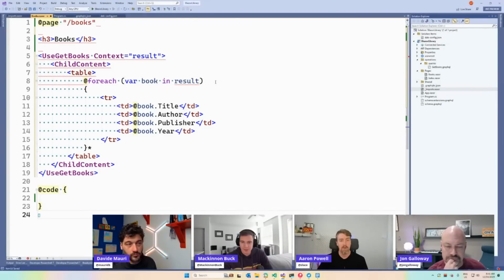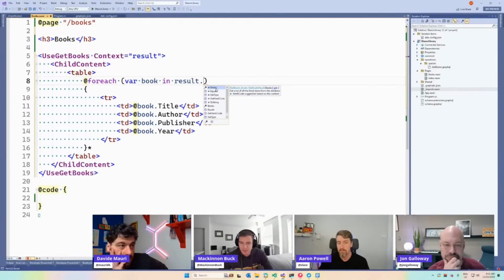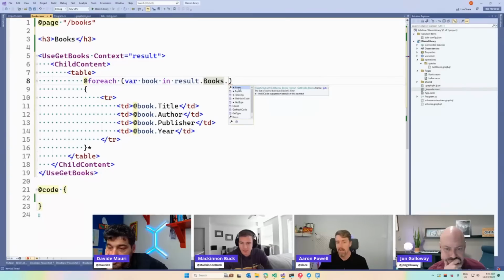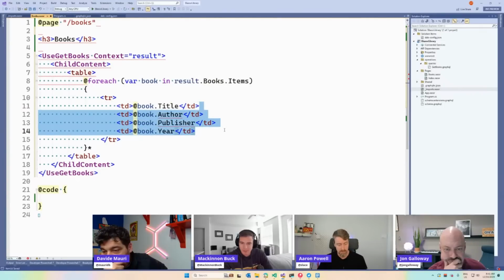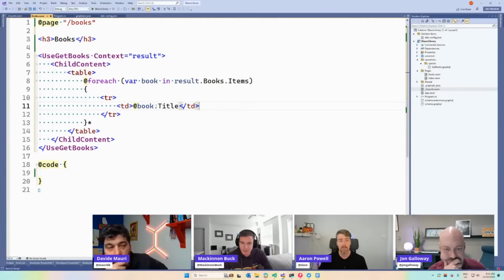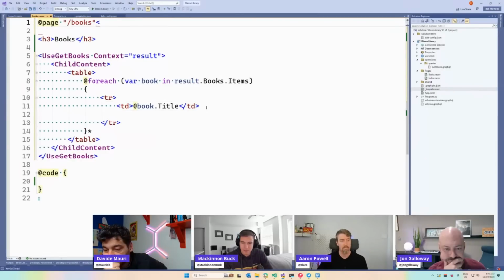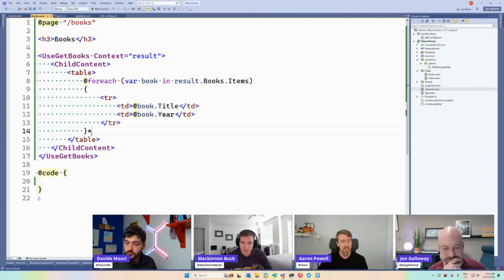Okay, and what do we get when we are on our results object? Results is going to come back with some books, and then books is going to have items. And then we'll see that the book item has a title, publisher, etc. And we could say, td at book dot title. Okay, so that is how we can generate stuff really easily,